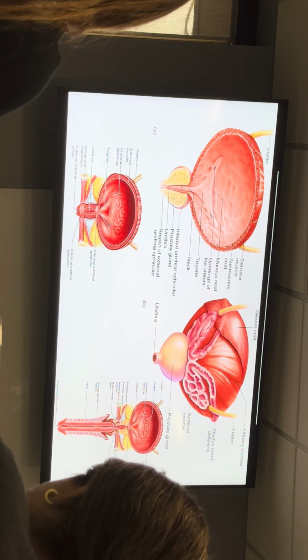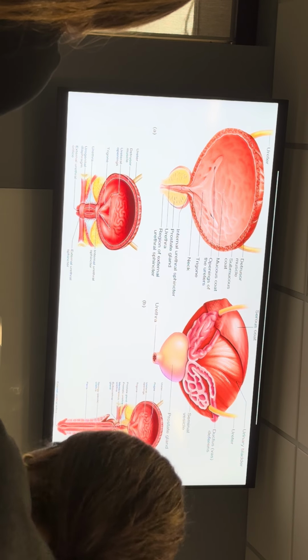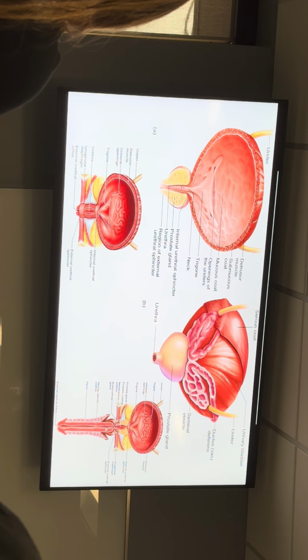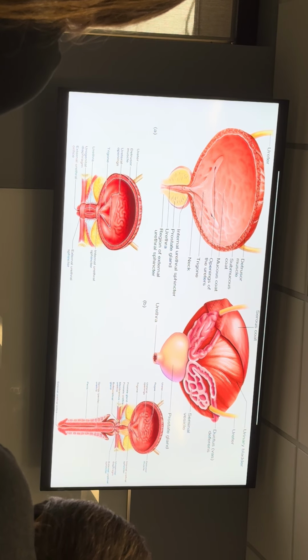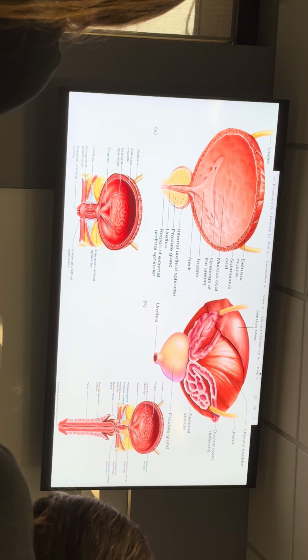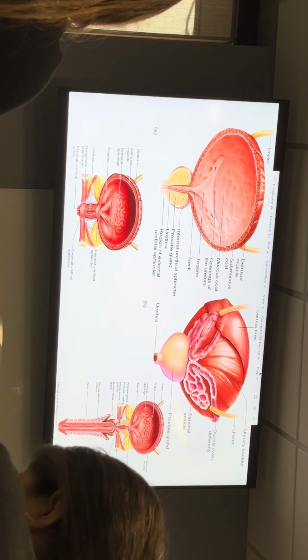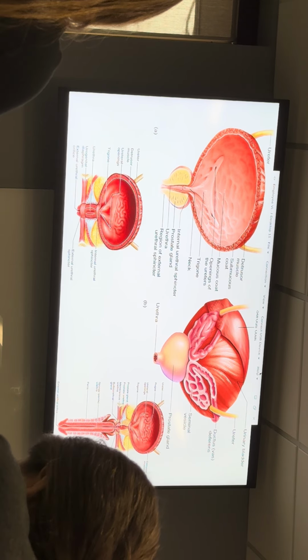That's called the membranous urethra. And we're talking a couple millimeters long, not very long. And then the rest of the urethra goes to the penis, so it's called the penile urethra, or the specific portion of the penis it goes to is the corpus spongiosum, so it's also called the spongy urethra. Penile urethra or spongy urethra go through the corpus spongiosum of the penis.